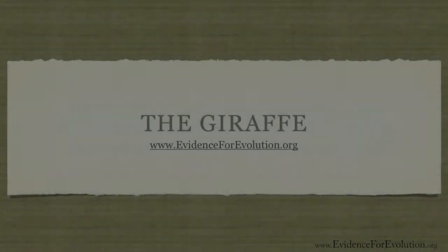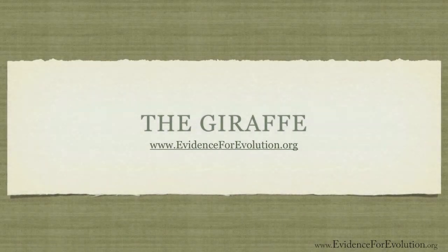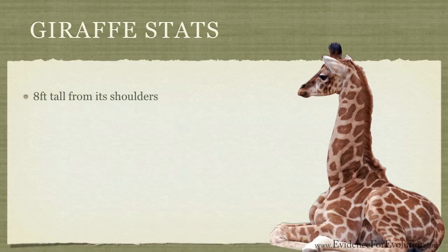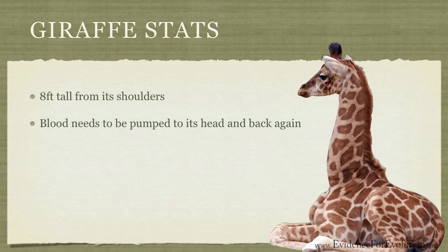The giraffe is indeed a modern marvel. The giraffe obviously has a long neck that's about 8 feet from its shoulders. As you can imagine, blood needs to be pumped from its heart all the way up to its head and then circulate back again. Since its neck is so long, more energy is required to pump this blood up the